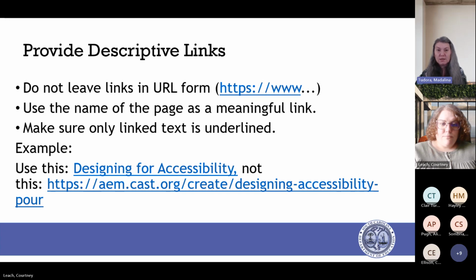If your link is not descriptive, which is to say, as you see in the example there, a lot of letters and dots and backward slashes and this and that.